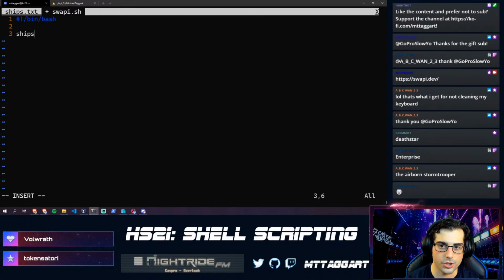And we're going to start with ships equals, and this is where you can either use the backticks or your expansion here with cat ships.txt. Or what would be more appropriate is to alias the ships variable to a command line option that we send in. So we give it the text file to work with. Okay.